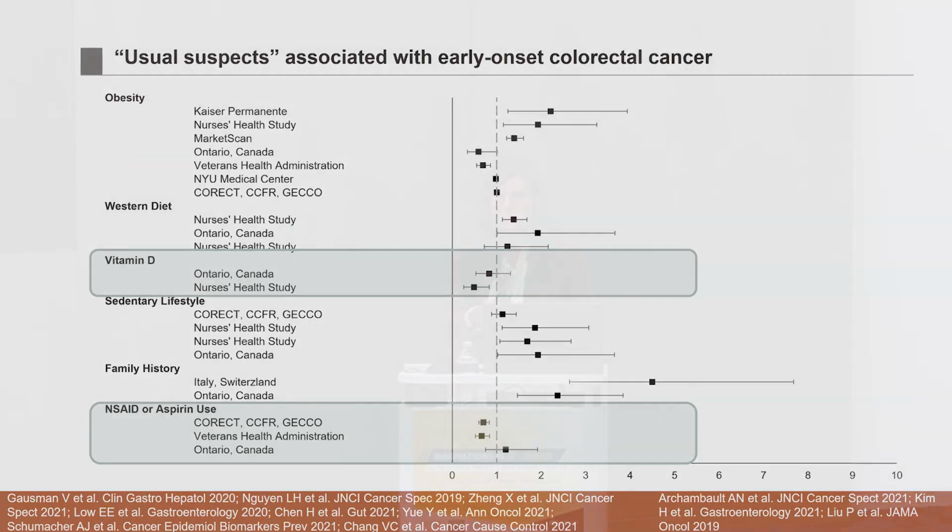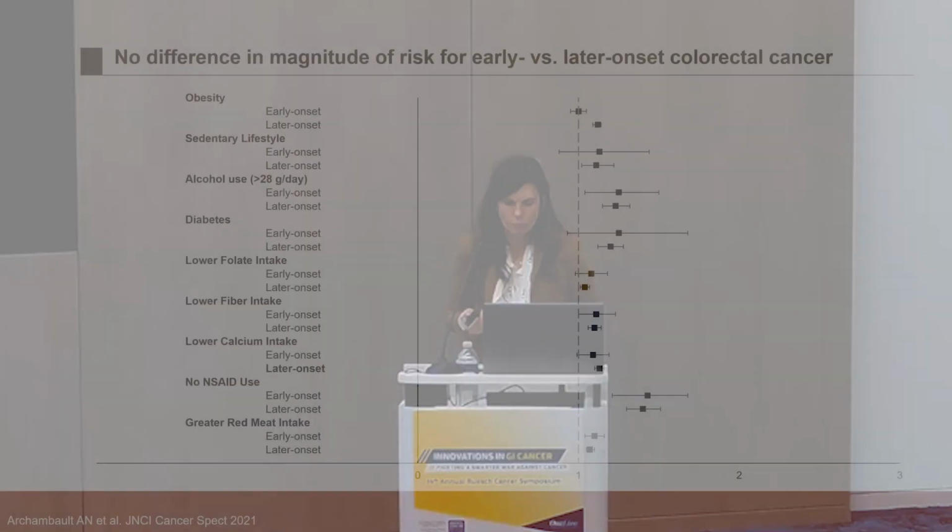I do want to mention that even though I haven't included them here, some of these studies also looked at specific nutrients like fiber, fruit and vegetables, and red meat, and generally found small effect sizes. Again, very similar to what we would expect to see and what we already know about risk factors in older adults.